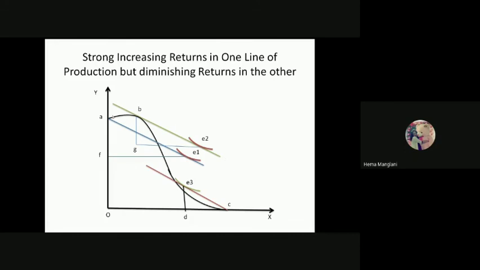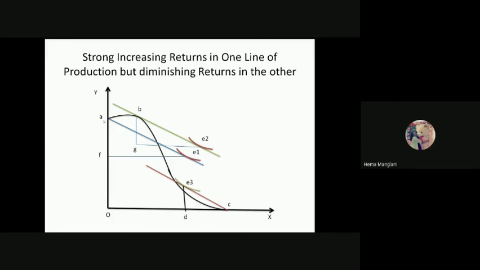So what's happening? First, if you are choosing this A point as a production possibility, then this blue line where we have the consumption point, that is E1, and it's generating this triangle of exchange. This whole blue triangle, you can see the AF you are giving and FE1 you are receiving. So that's okay. But the problem is only this, you are following here the point A as a production point. So instead of that, you should go for another production point that is offering incomplete specialization instead of offering complete specialization in Y.